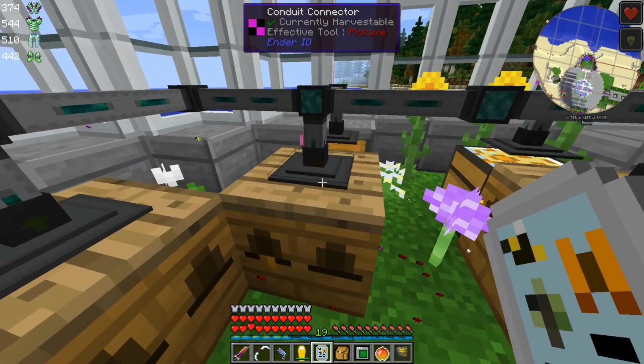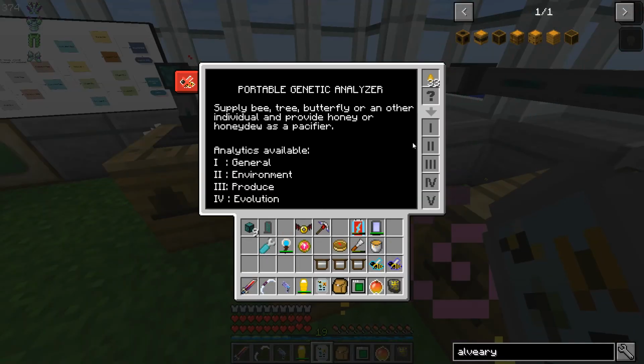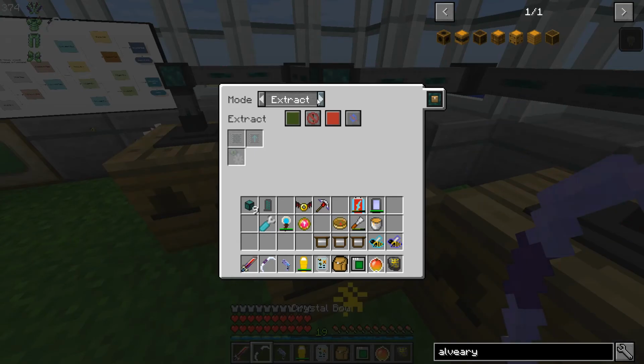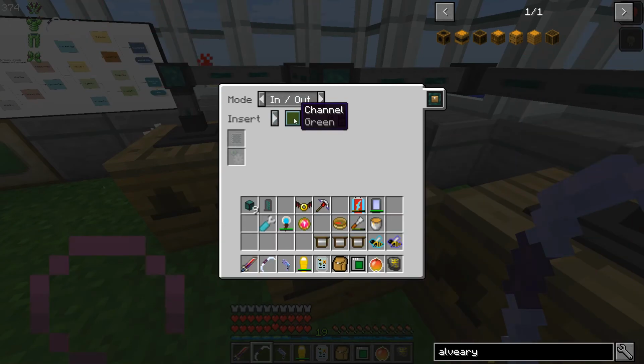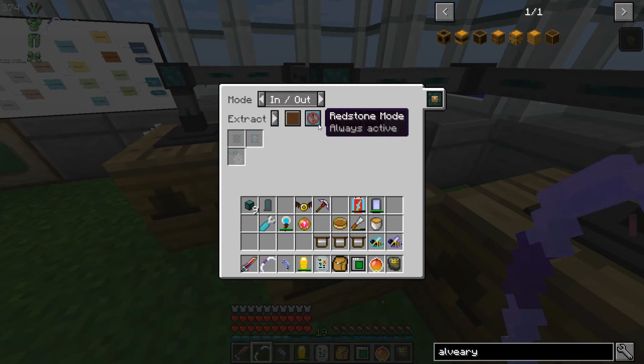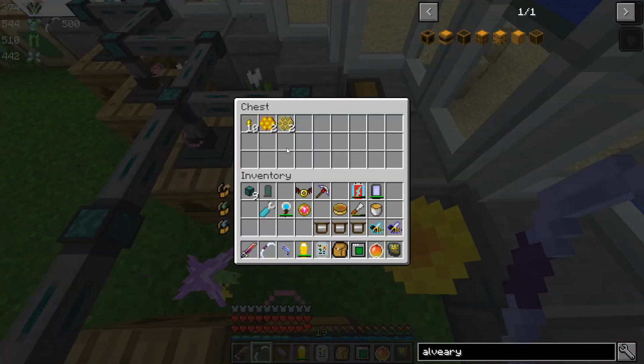And then I'm just going to switch this to be brown, just like that. So we're going to do in and out. Oops, brown. Always active. So now these 2 are going to be feeding this chest, and this chest is...